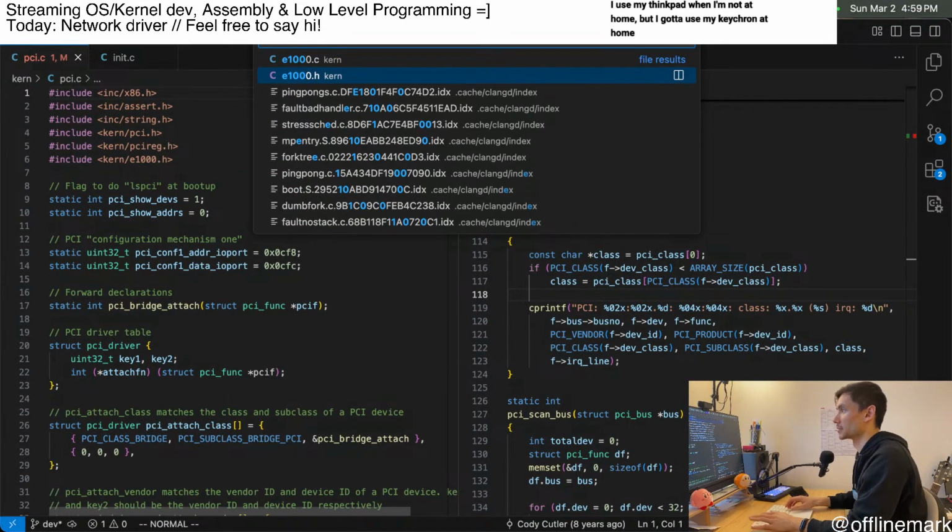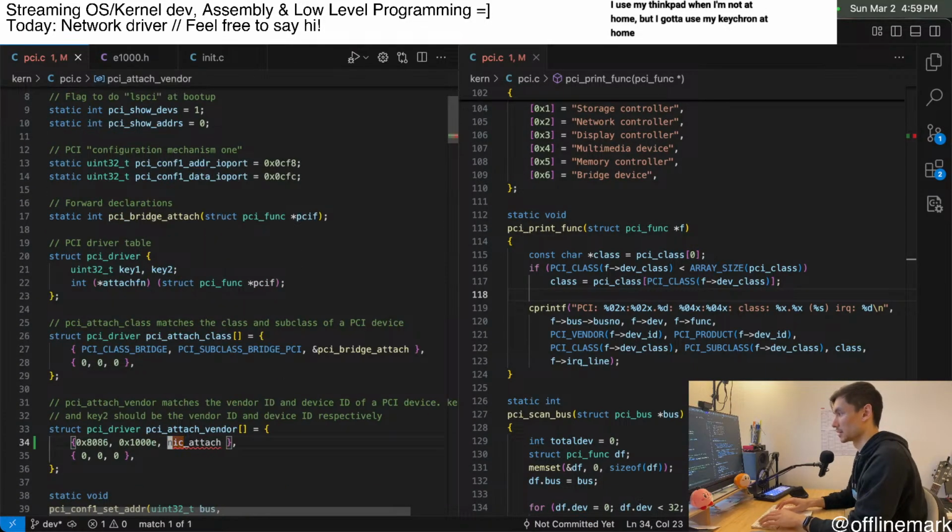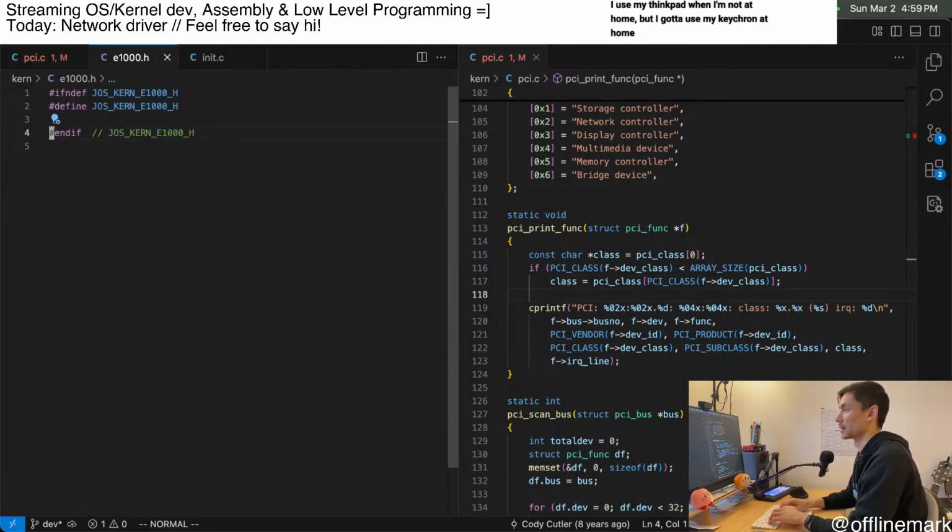That's actually probably not a great name for it. It should be called E1000 attach, which we now should make. So void E1000 attach,